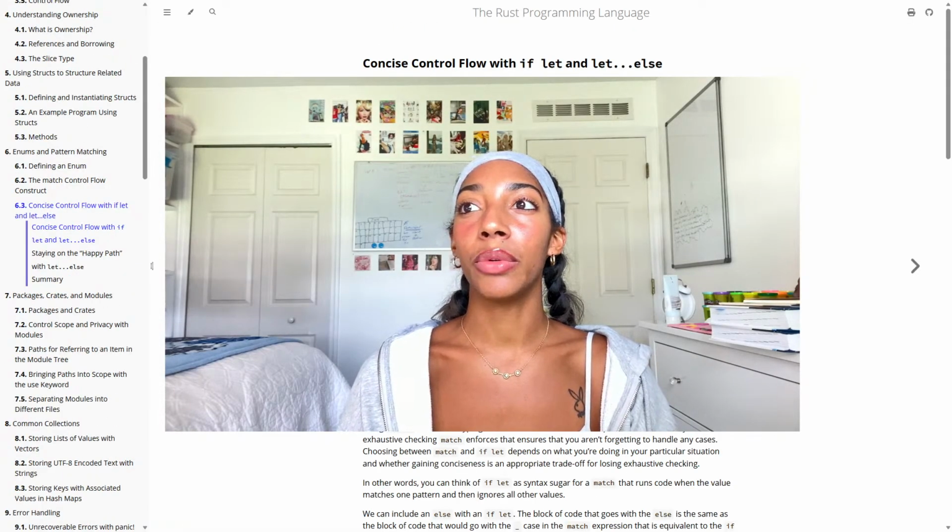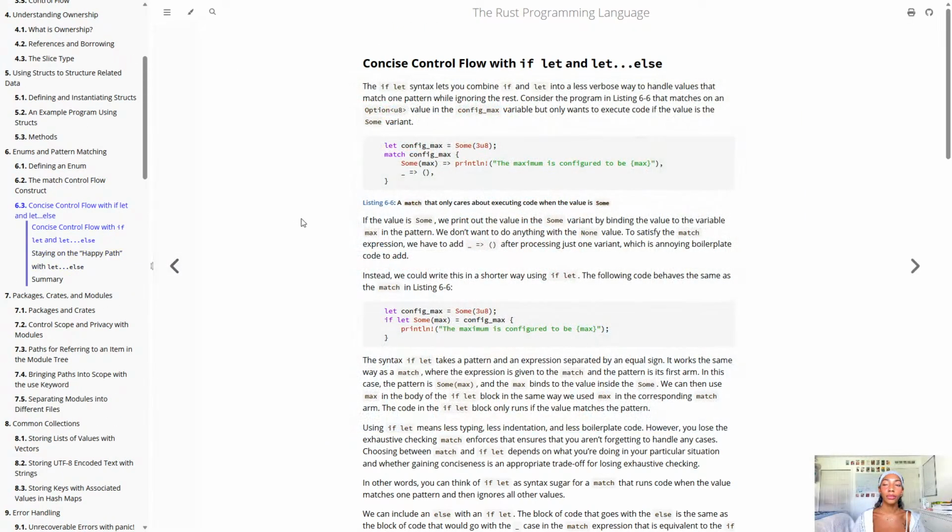This is 6.2. All right, so concise control flow with if let and let else. The if let syntax lets you combine if and let into a less verbose way to handle values that match one pattern while ignoring the rest. Consider the program in listing 6-6 that matches on the Option<u8> value of the config_max variable, but only wants to execute code if the value is the